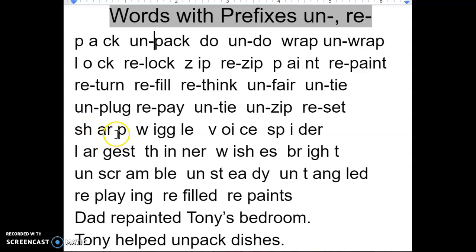sharp, wiggle, voice, spider, largest, inner, thinner, wishes, wish-ish, wishes, bright,